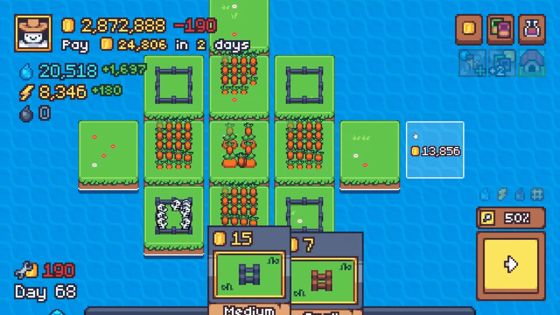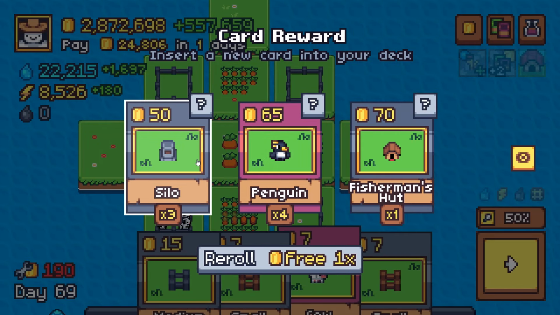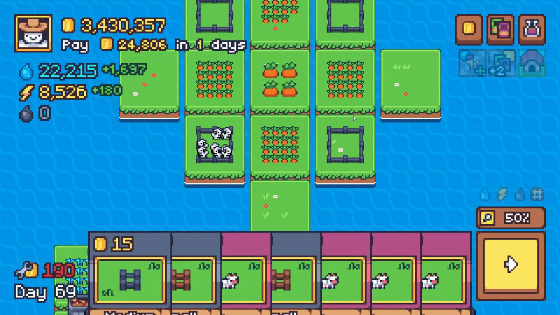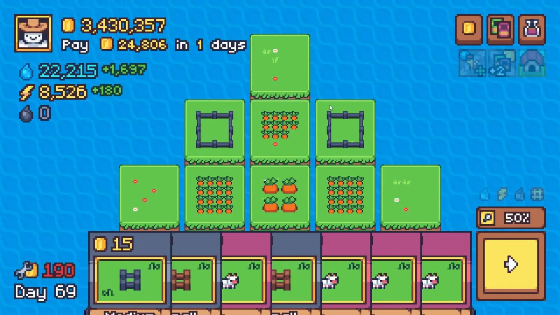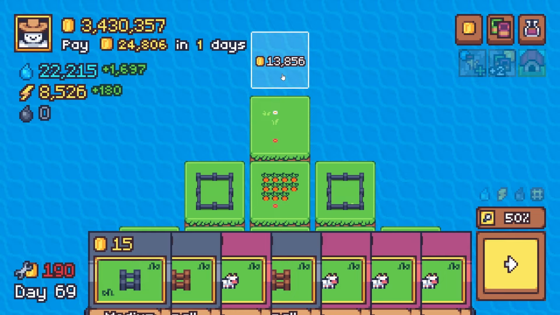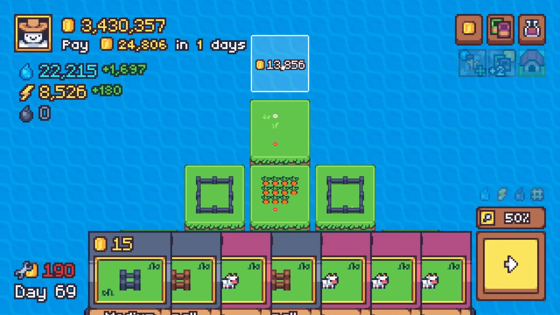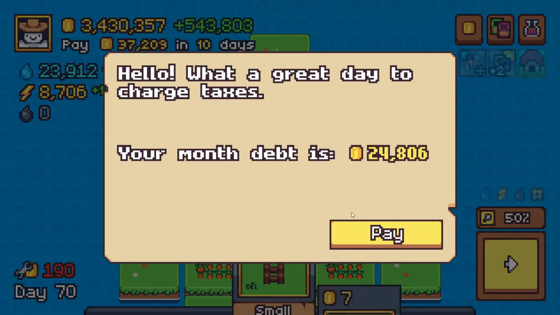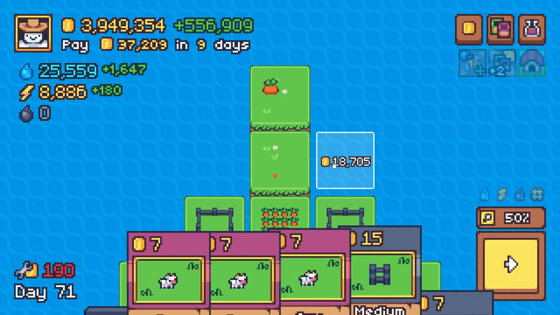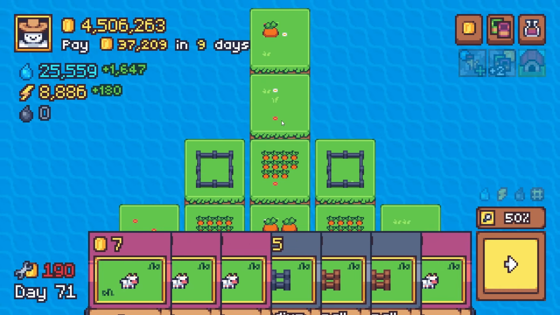Making about 500,000 per turn. In fact, what are we making now? 557 in just raw carrot production here, folks. Another giant carrot. My goodness. Okay, so we can kind of start this over again then. So what can we do? We could just keep going up this way. Put another giant carrot zone right here. Let's do it. Why not? The giant carrot is the most impressive card that we can get. So we got 1, 2...